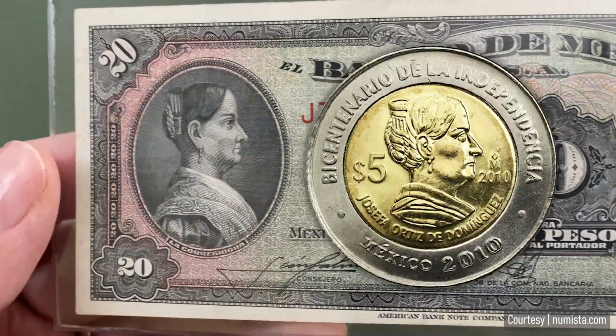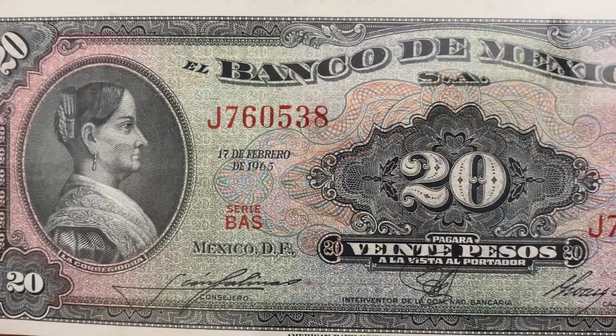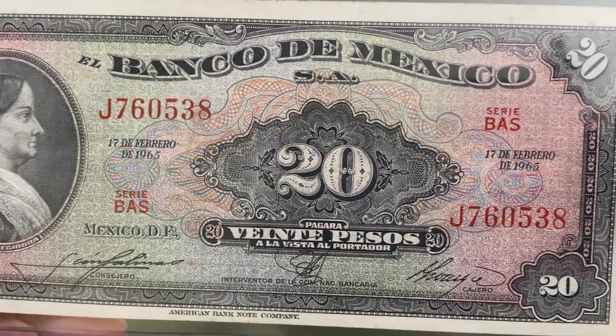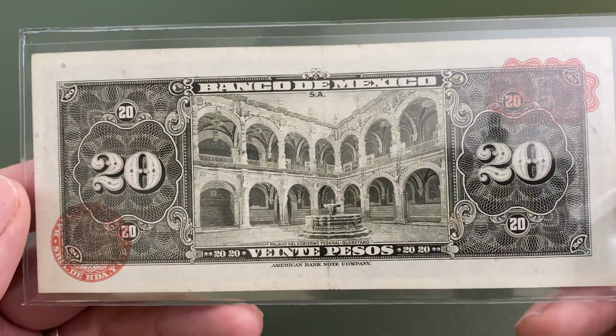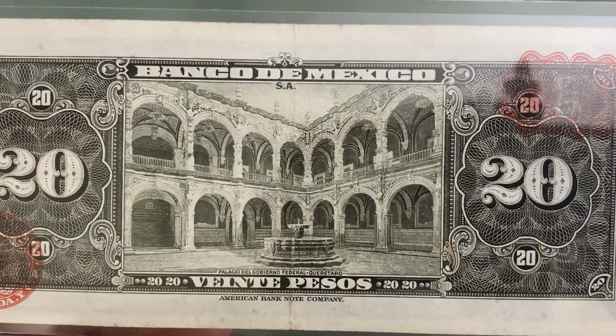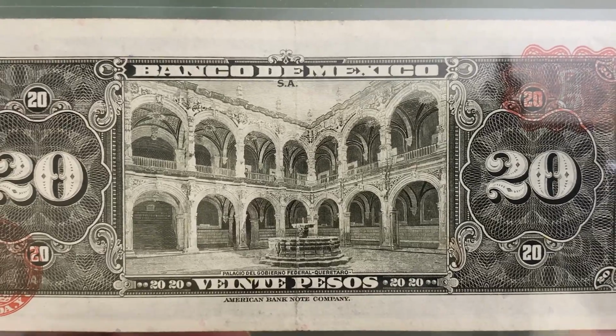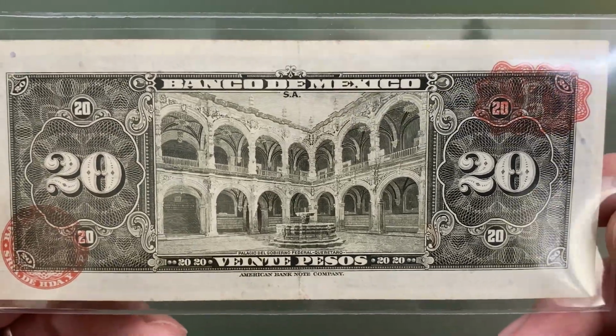Josefa last appeared on the circulating 5 peso bimetallic commemorative coin. Maybe it's just me, but I'm not screwing around with Josefa. Seriously, she kind of scares me. The vignette on the black reverse depicts the cloister of the former San Agustin convent that is now the Federal Palace in Querétaro. The 1770 building was once the home of Josefa and located in a village just outside of